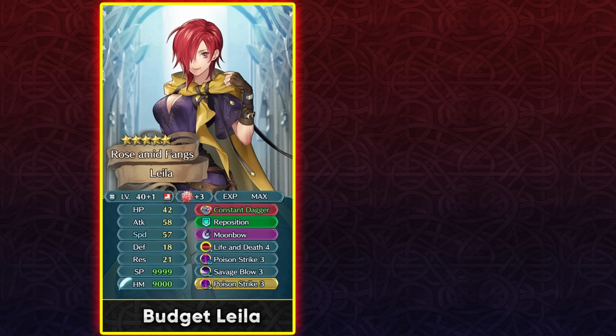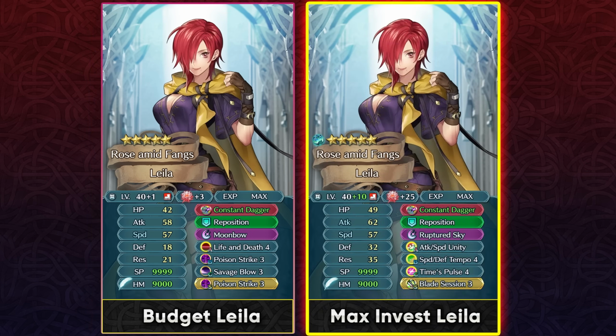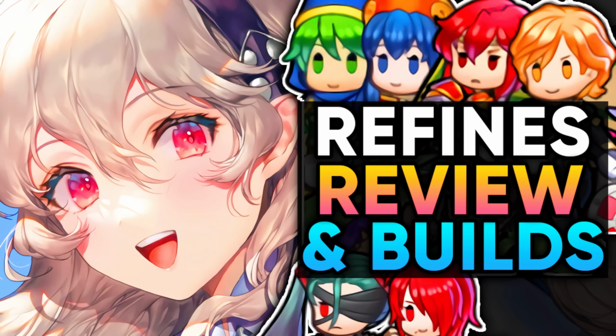And if you're a big Leila fan and if you want to invest heavily into her, then now her best slot B skill is going to be speed defense tempo, because she does have the special charges from her weapon, and you can run Time Pulse 4 with Ruptured Sky and trigger it on her double with the tempo skill and also with the special charges of her weapon. So it is going to be having pretty good synergy with her refine, and you can also run attack speed unity in her slot A and blade session as your sacred seal to stack up as much speed as you possibly can. So let me know in the comments which refine from this batch you like the most,